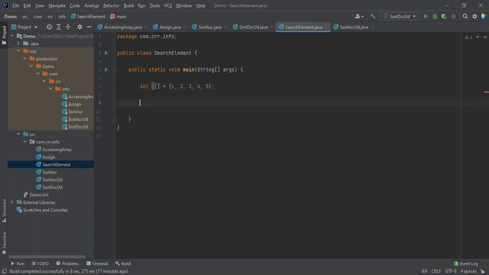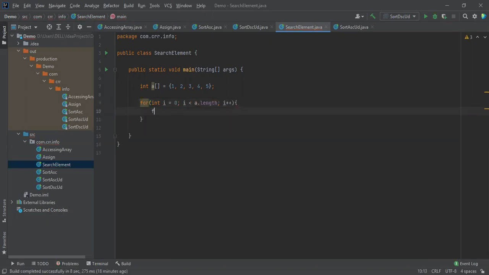Let me take a for loop: int i = 0; i < a.length; i++.